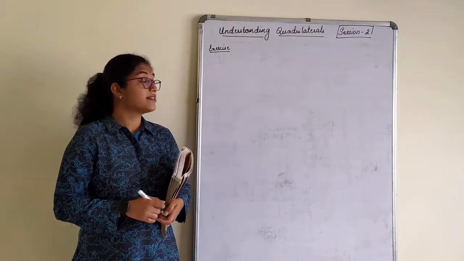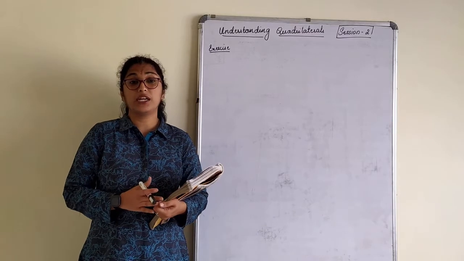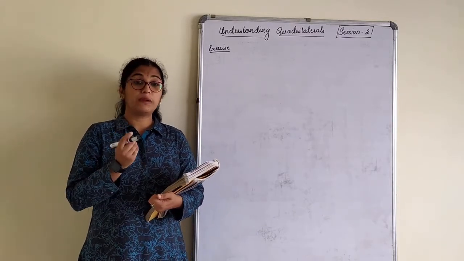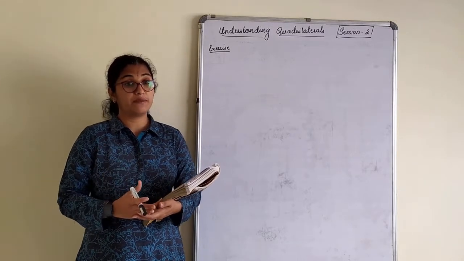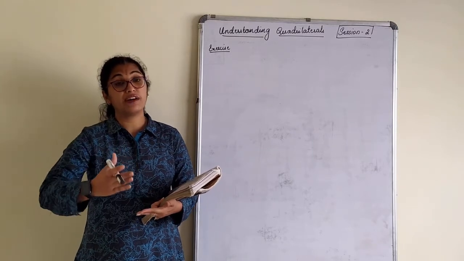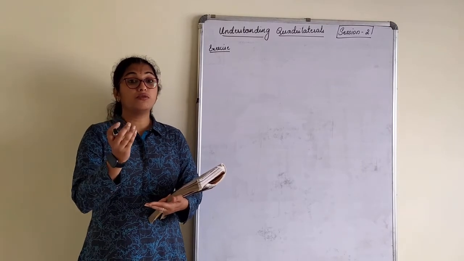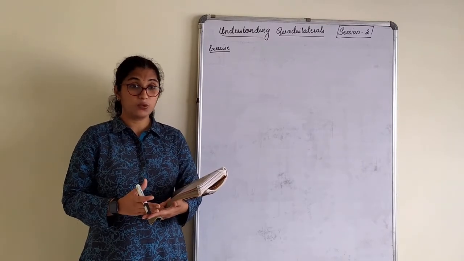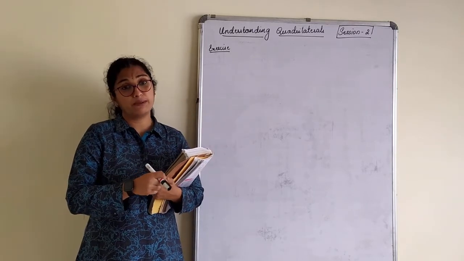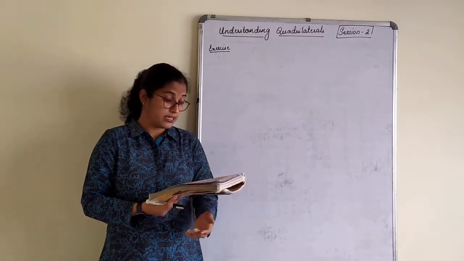Good morning. We will start session 2 on chapter Understanding Quadrilaterals. In our previous class we understood what is a curve, simple closed curve. We understood based on the number of sides how we define a polygon, that is a quadrilateral with 4 sides, triangle with 3 sides, pentagon with 5 sides, and so on. We also understood the formula to find the number of diagonals in a given polygon. We understood a few more facts about concave and convex polygons, regular and irregular polygons. So let's start with the exercise.